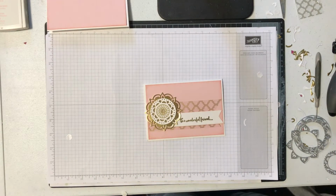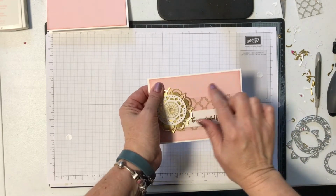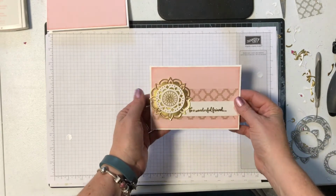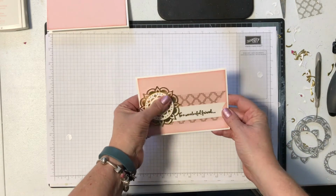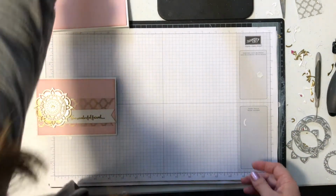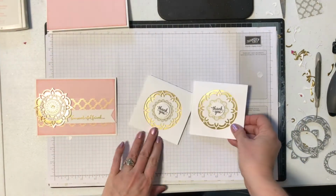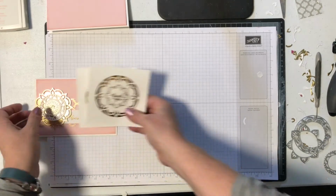So today's card, guys, is this fantastic little powder pink. This is a new in color powder pink card with the gold, and I just love the way the gold looks with this color. I'm also going to show you how to do this card too, because it's so quick and easy. You'll be amazed at how quickly that came together. Alright, so